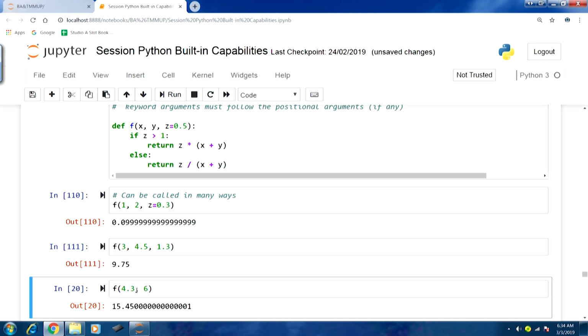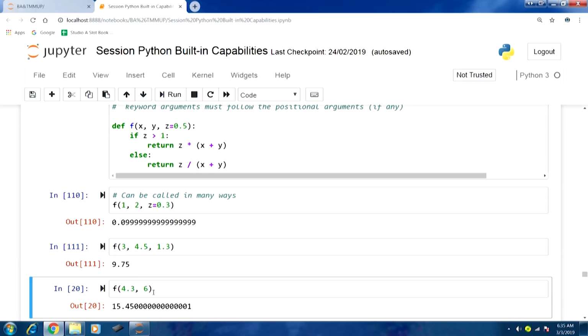Then the third one is that I am just passing two arguments, 4.3 and 6. Whenever we have keyword arguments, in a sense that argument can also be an optional argument, because we have given a default value. So, we do not need to pass that argument all the time.